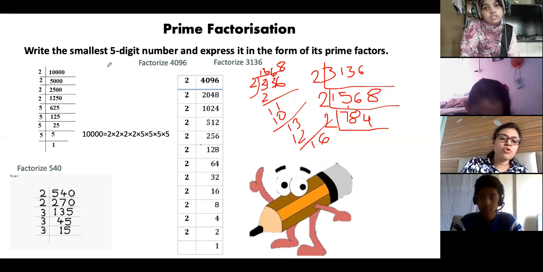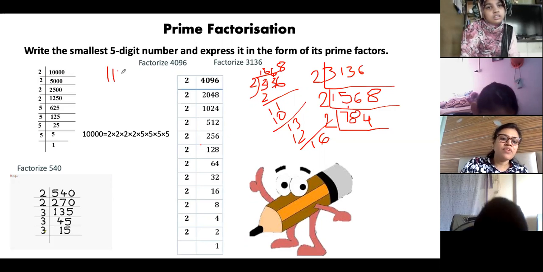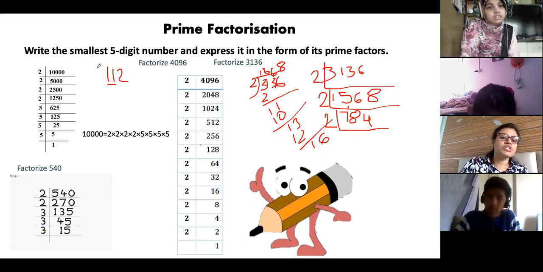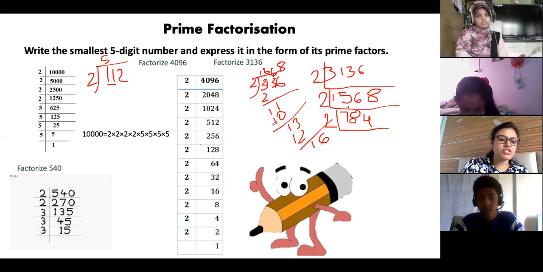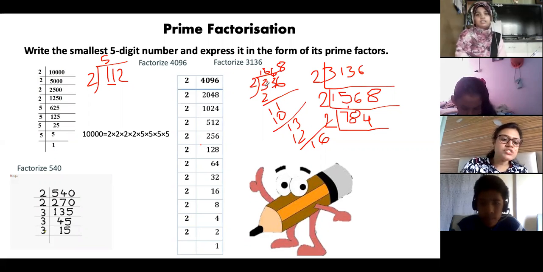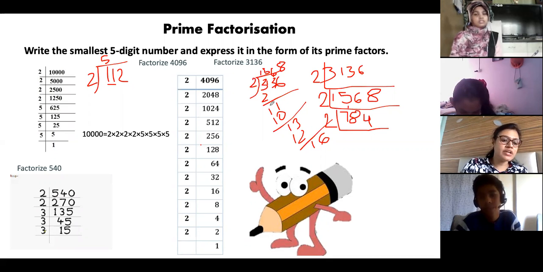Suppose my number is 112. At least I can take 2 digits, because the first number 1 is smaller than 2, so I cannot take only 1. I need to take the first 2 digits, 11, and then I will divide: 2 5s are 10. Is it clear? This is the rule of division. If the first digit is smaller than the divisor, you need to take the second one as well. In this case, you cannot take 31. You will take 3 because 3 is greater than 2. Your remainder cannot be greater than the divisor. That is also a rule of division.